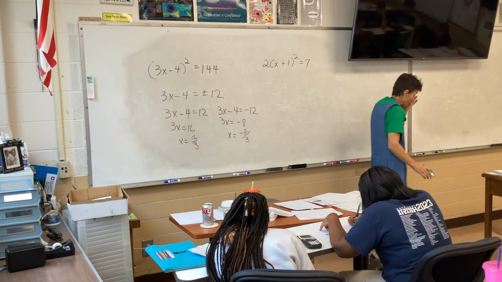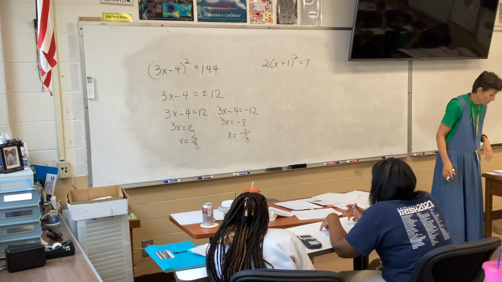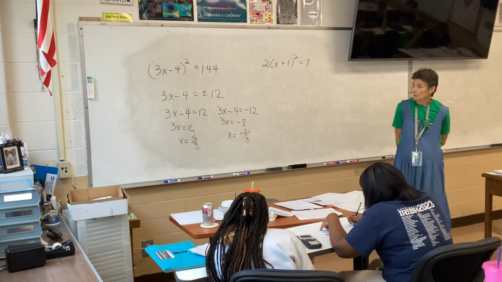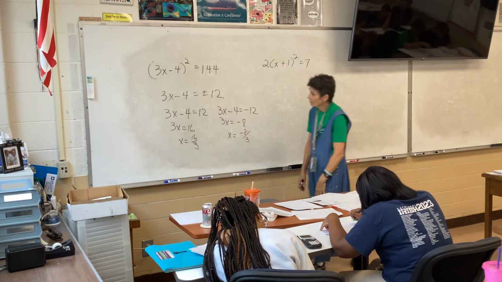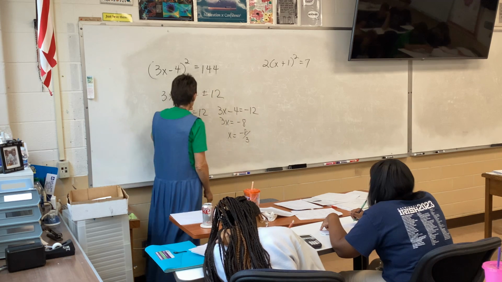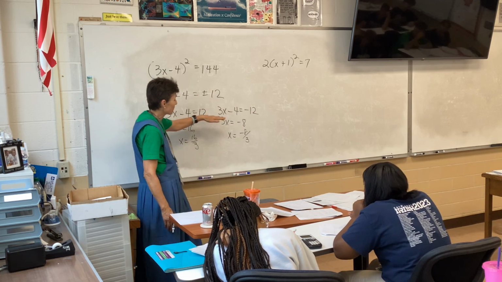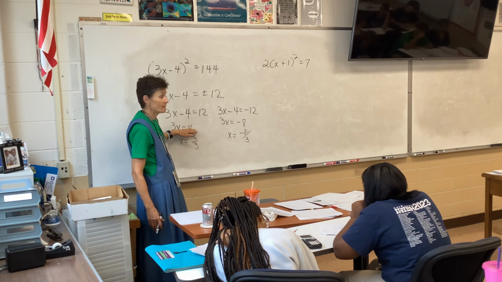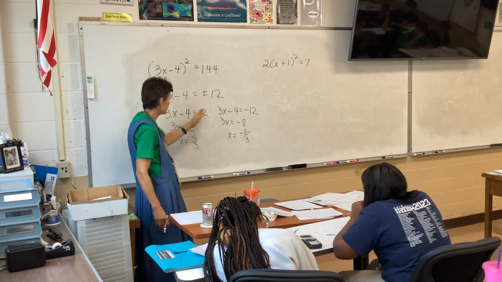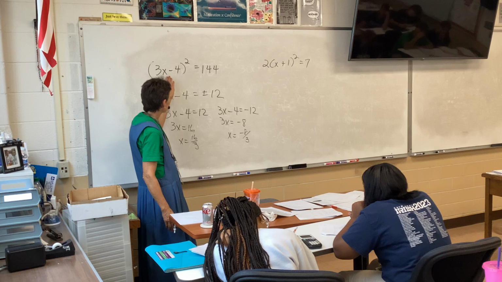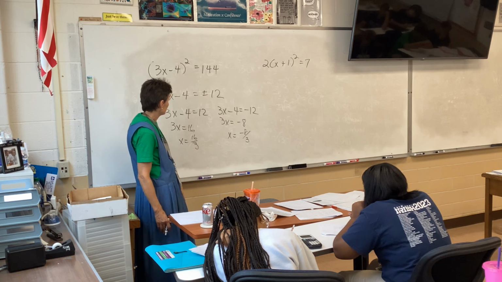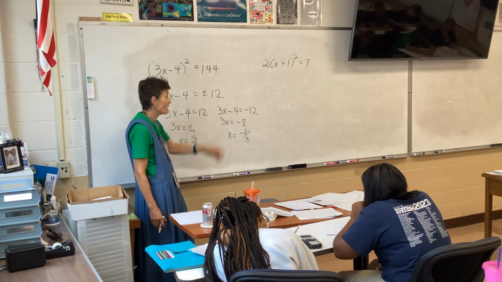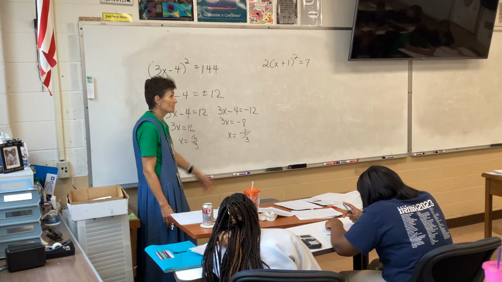I've got C done, I could be wrong though, so look it over for me. I don't know what your preference is. I went ahead and just split this into two separate equations and solved each one because I had so much going on here. So I took the square root. Is that okay? This one's a mess. This one's very messy